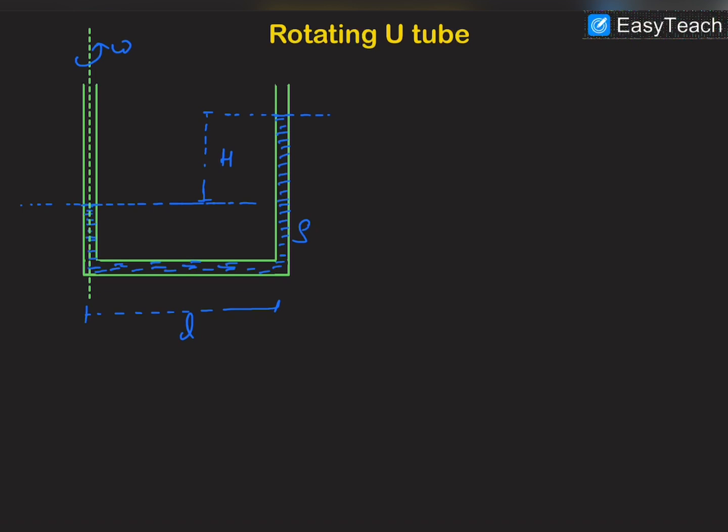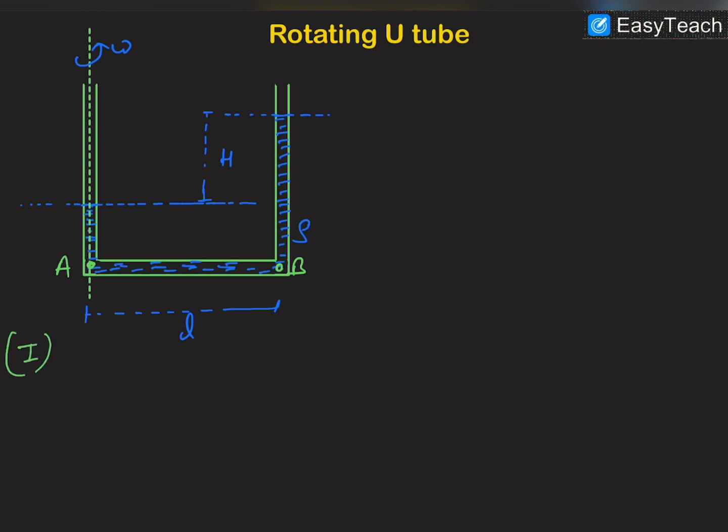In this video, we are going to discuss the case when this U-tube is being rotated. So in the first case, let us see the situation in which this U-tube is rotated about an axis passing through its one arm. Like this, the U-tube is being rotated with an angular velocity of omega. We have to find out this h, the height difference of liquid levels in the two limbs. I'll be explaining two methods to solve this question. Let us consider this point A and this point B.